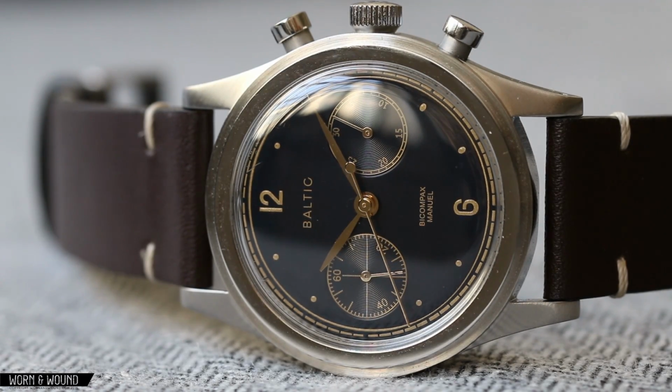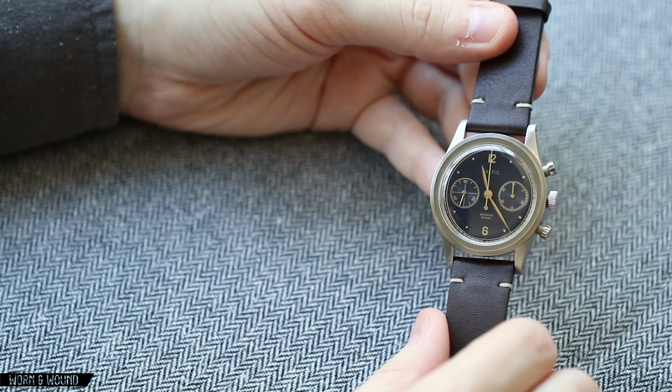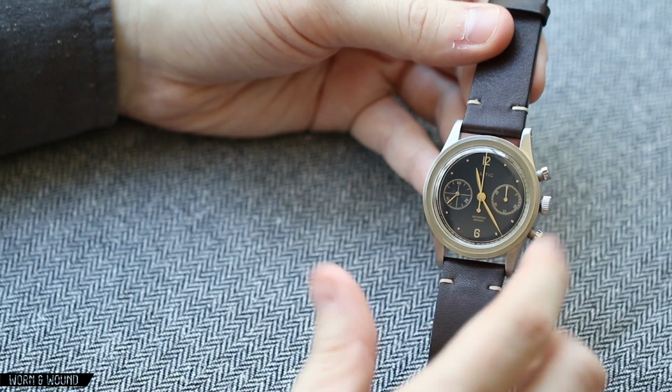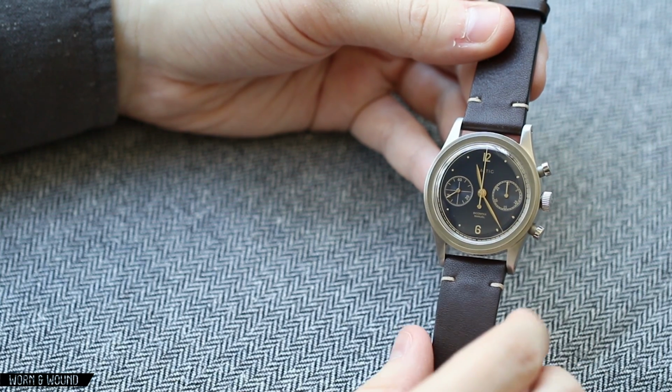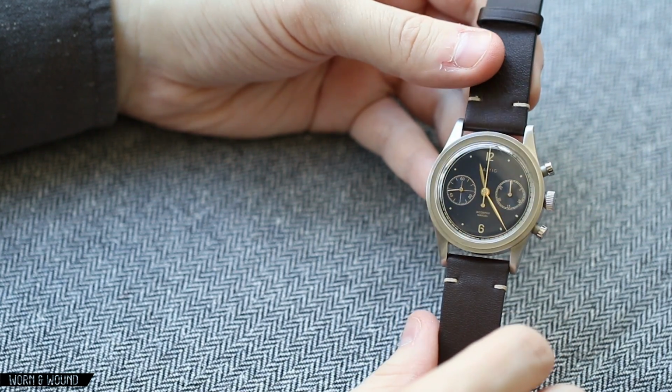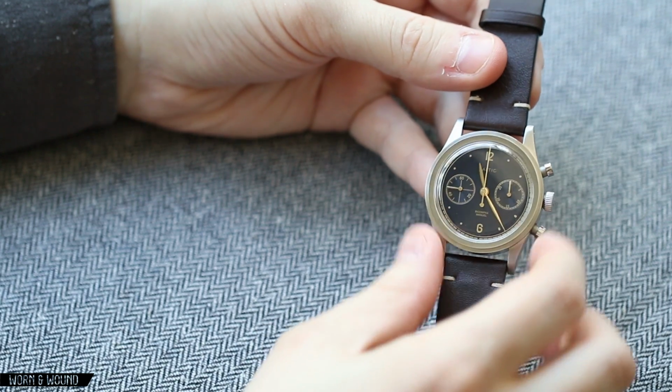While also maintaining a reasonable price point. Anything else that would have been similar to this movement, I honestly think a manual wound mechanical chronograph would have upped this to several $1,000s. So at this price point, I think it's perfect, and they did a really good job with it. So yeah, I'm sorry, actually that was a bit of a diversion, but looking back at the case,